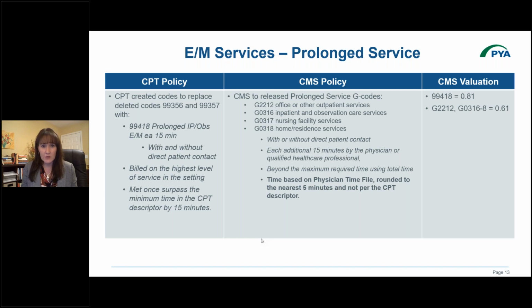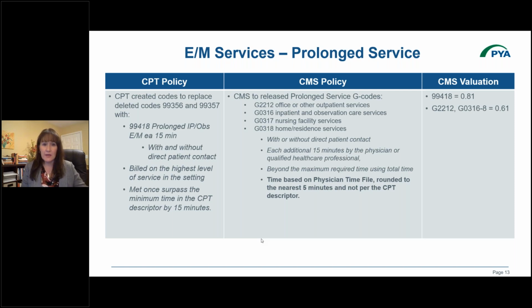Medicare physician fee schedule. It is not published within CPT. So you would need to have the list of physician times that are total times inclusive of pre-service, intra-service, and post-service time, so that you are exceeding that total time by 15 minutes before you start billing the prolonged service code. This is not a good indication of administrative burden reduction.